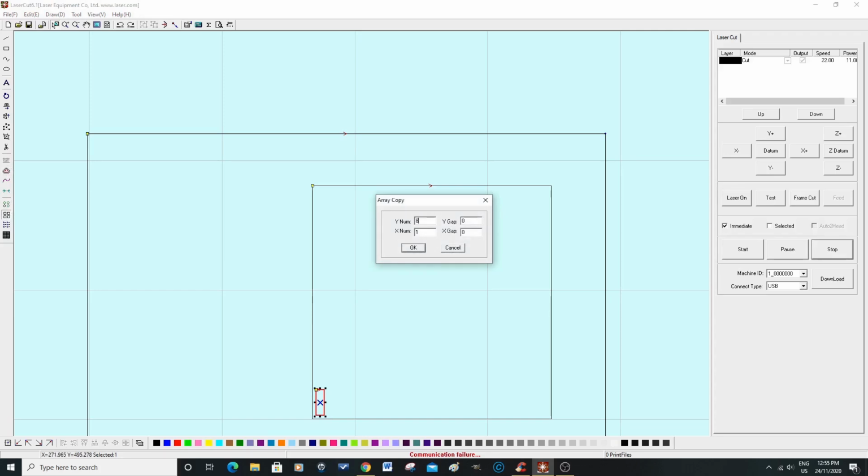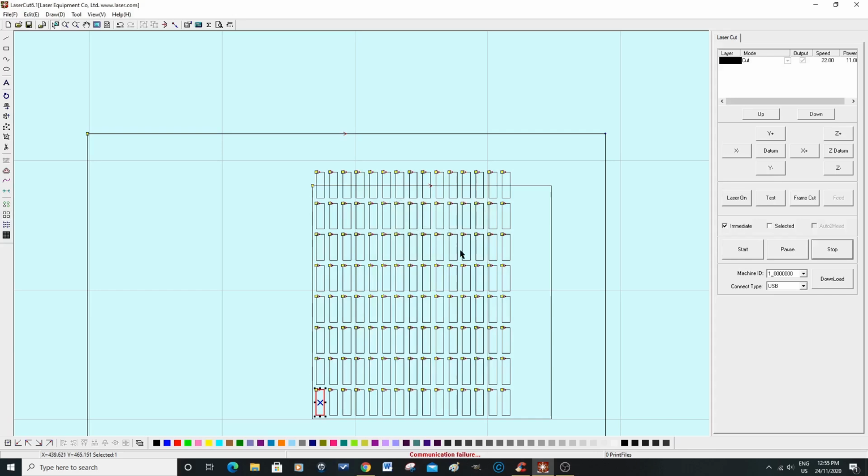And we'll go 8. We'll go 15. And we'll go 2mm gap. Press OK. Okay, so we can go one less, and we can probably go three more. So we'll come out of that, we'll reverse that,